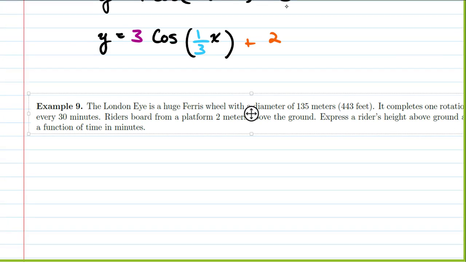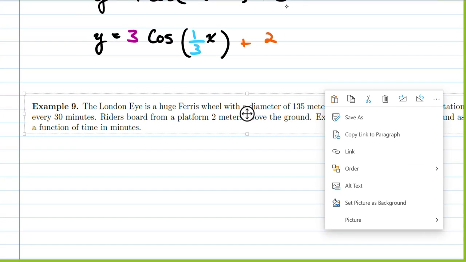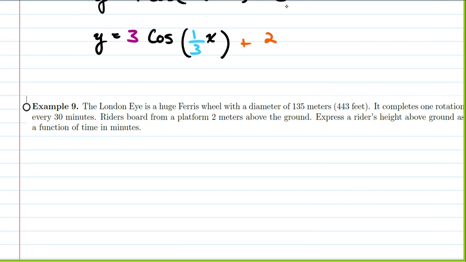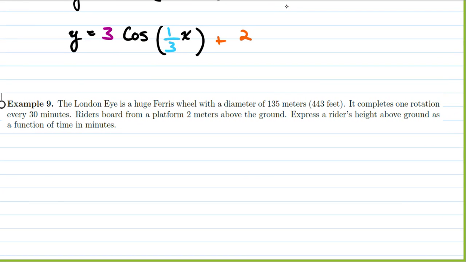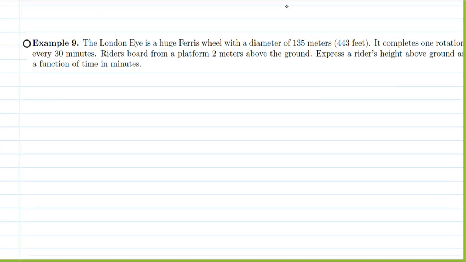The London Eye is a huge Ferris wheel with a diameter of 135 meters, and it completes a rotation every 30 minutes. The riders board from a platform 2 meters above the ground. Express the rider's height above the ground as a function of time in minutes. So let's draw a picture of